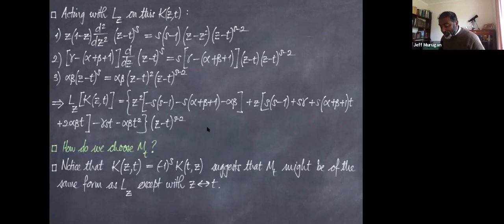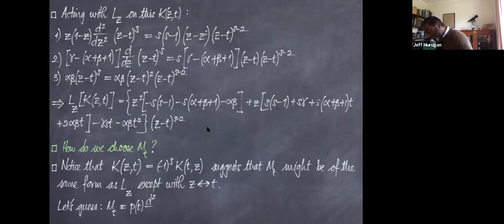I still don't know what it is, but I can now make an educated guess. So let's guess then that Mt is the operator p of t